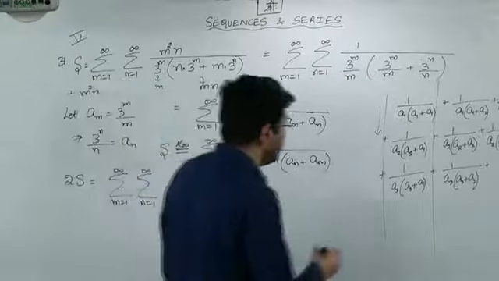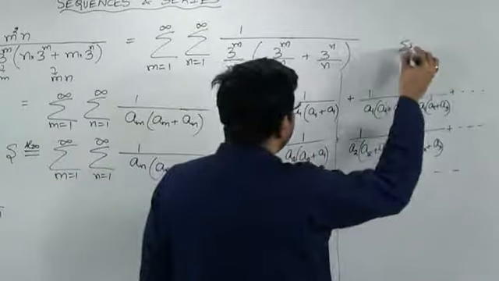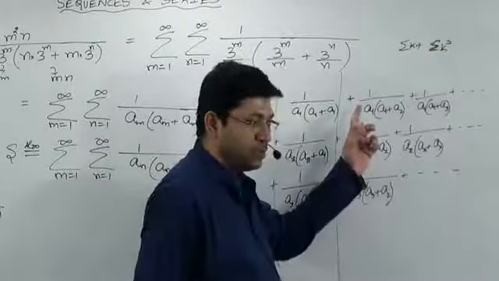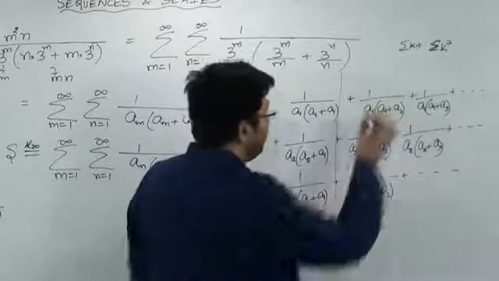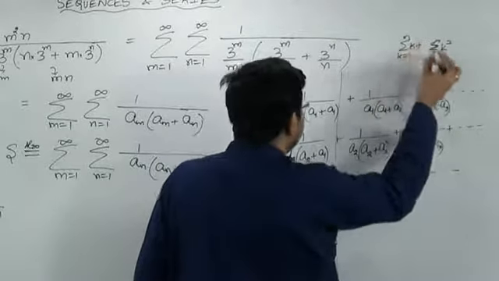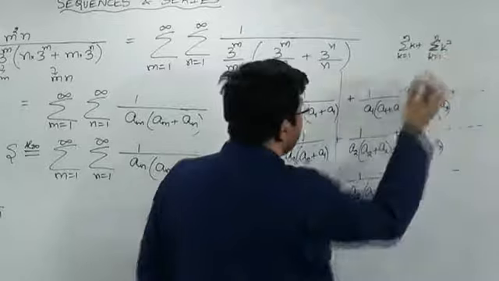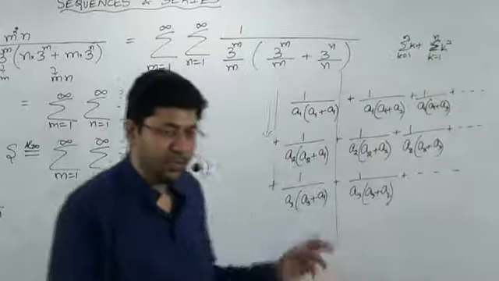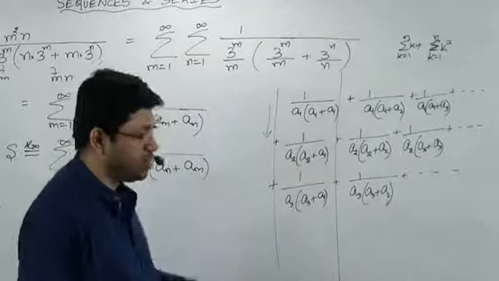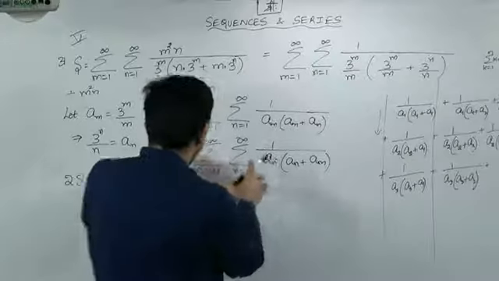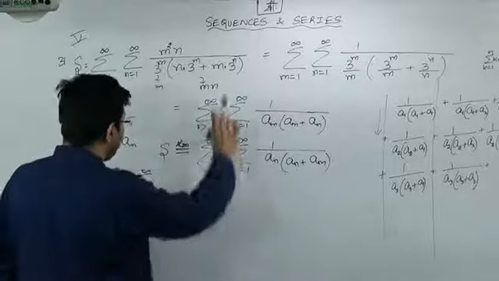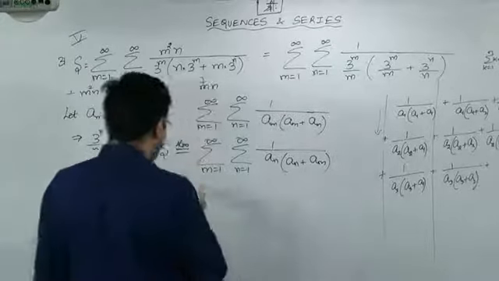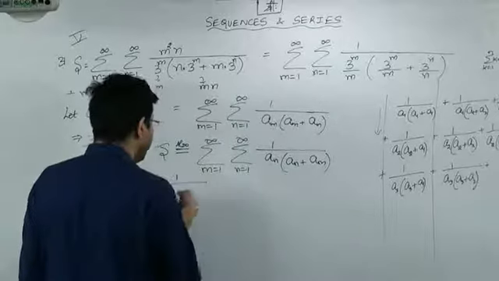Able to understand? Suppose you have sigma k and then sigma k squared. You are adding these two. It is sigma of, suppose this is k equal to 1 to n, this is also k equal to 1 to n. Since these two are same, you can club and write it as sigma of k plus k squared. Similarly, sigma is still same for these two, like k and like k squared. Now you can write it as